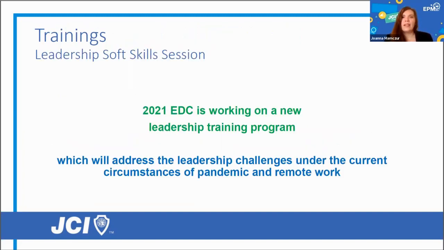The trainings that are developed by EDC are focusing around the academies, but they can also be adapted to the ongoing circumstances. And that's what we have identified and noticed with regards to the need to hold the leadership soft skills session.